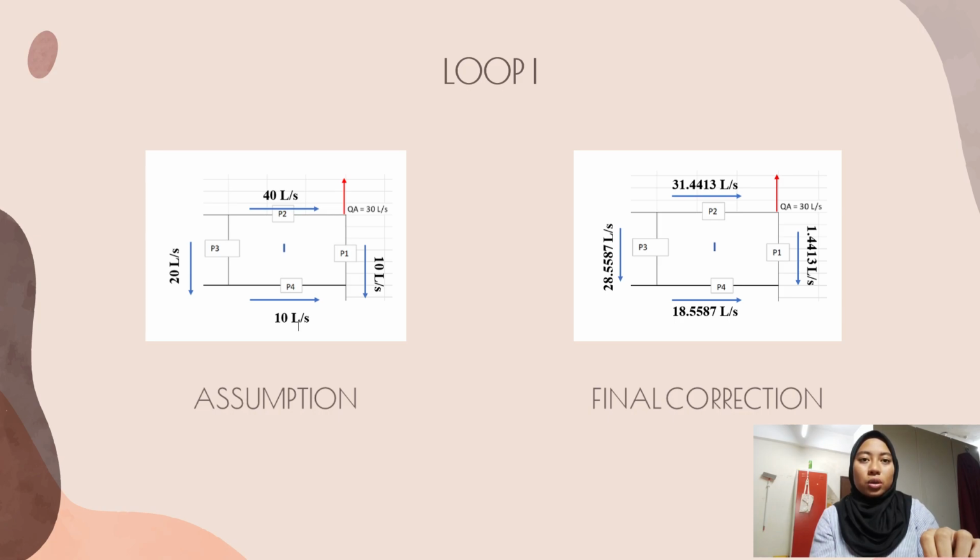For pipe 2 it is 40 liters per second, for pipe 3 it is 20 liters per second, and lastly for pipe 4 it is 10 liters per second. The assumed flow rates are used for trial 1 to get the delta Q, and we repeat the same steps until the value of delta Q becomes 0. For loop 1, we managed to do until trial 6 to get the value of 0, and we also get